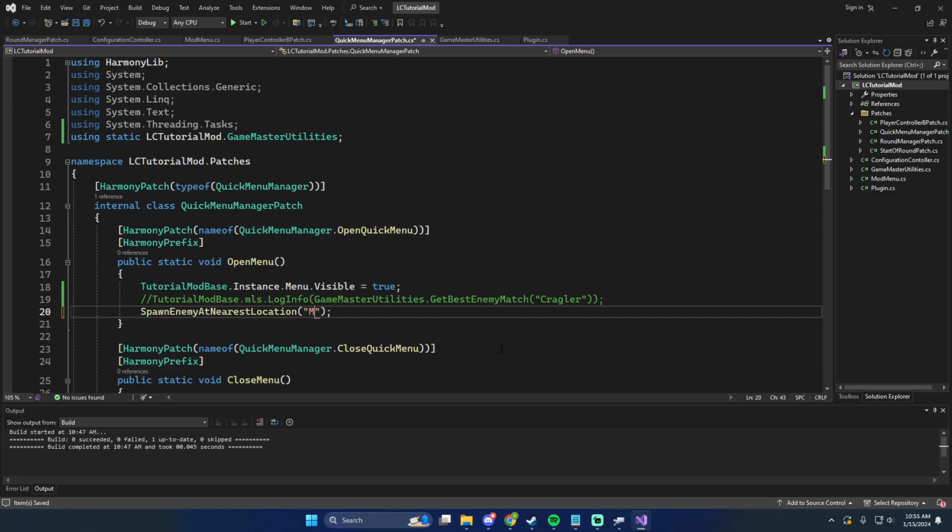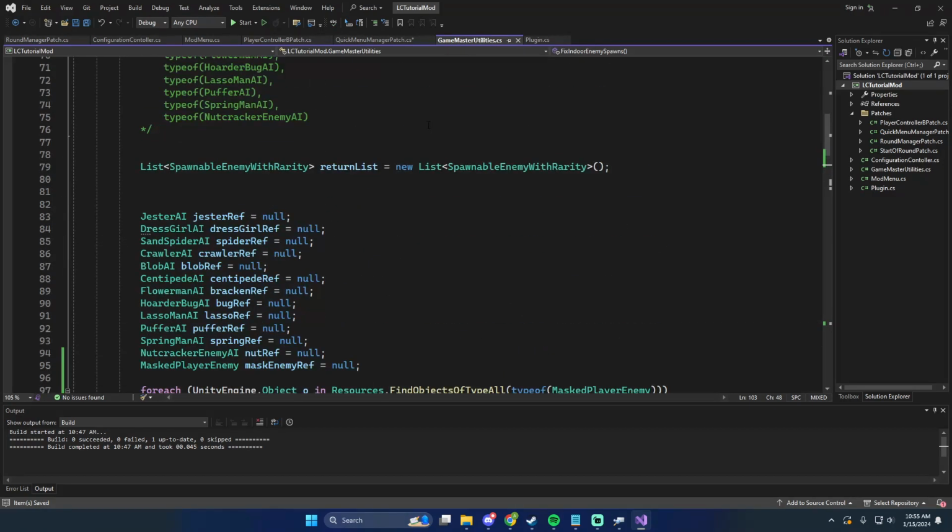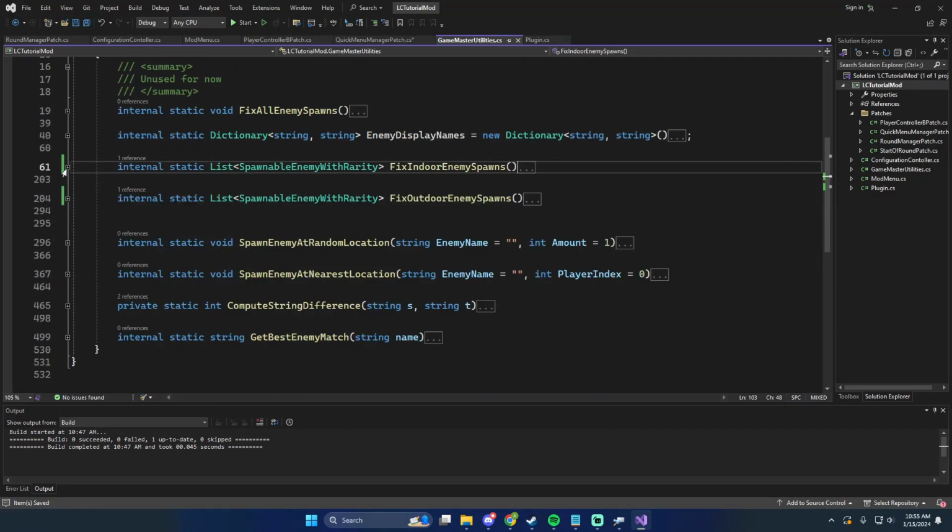But for now, since I know the exact name, and actually, you know what, we're going to do that real quick since this is coming out on Tuesday most likely. I hope so. We're going to go ahead and add this real quick. So let's go to GameMaster Utilities, and we have a spawn enemy at nearest and spawn enemy at random. All we need to do is say get best enemy